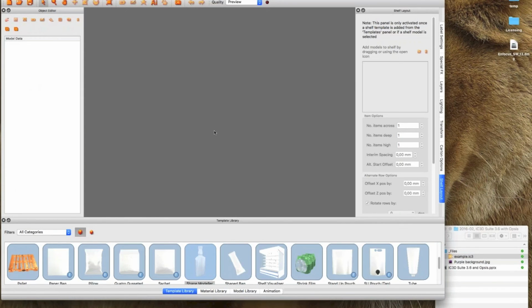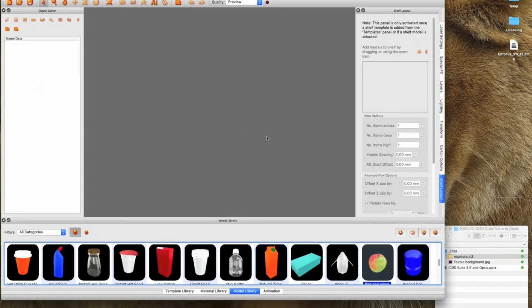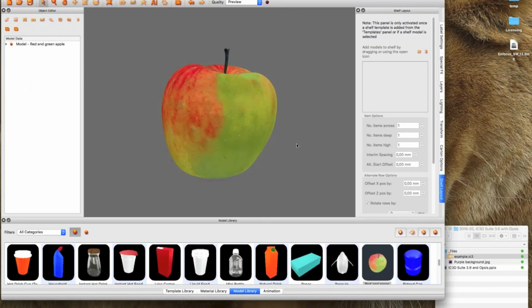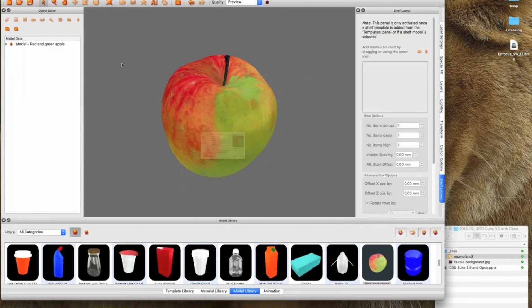Now, let's go back to iC3D Suite, and what we want to do is, well, we actually want a model of some sort, and I'll take something very simple. I'll show you a number of different models on the Opsys site, but I'm going to take just a standard model here, an apple, and then under Export, you'll see a new option. This is starting with version 3.6, so if you don't have that menu item, it means you're running 3.5 and you should upgrade. You see a new menu item called iC3D Opsys, and by selecting that,